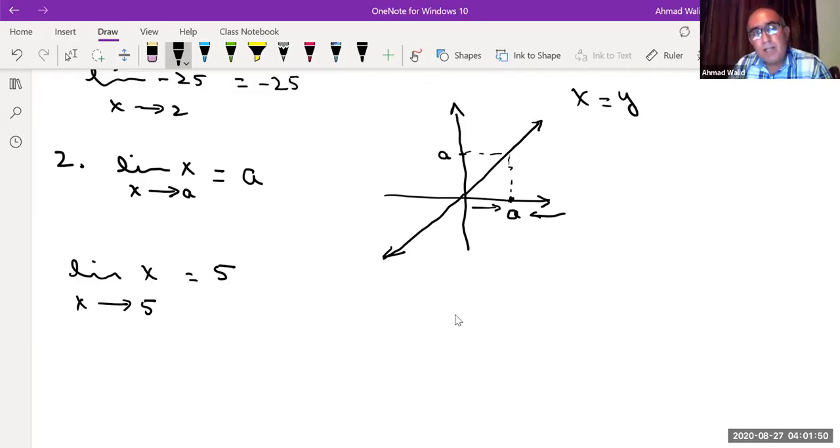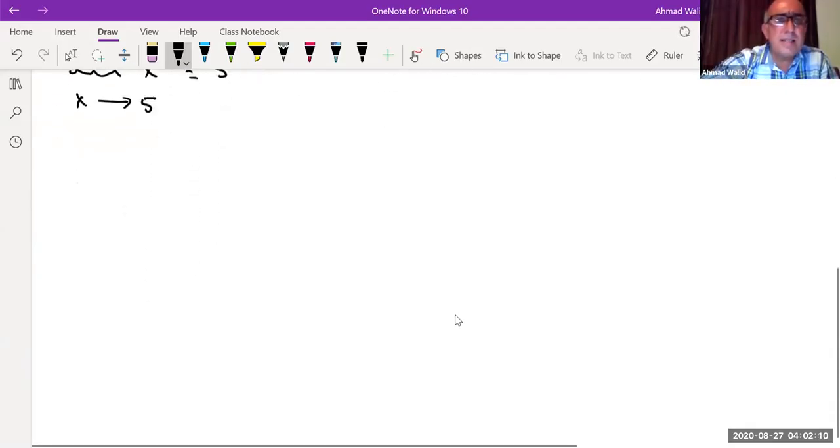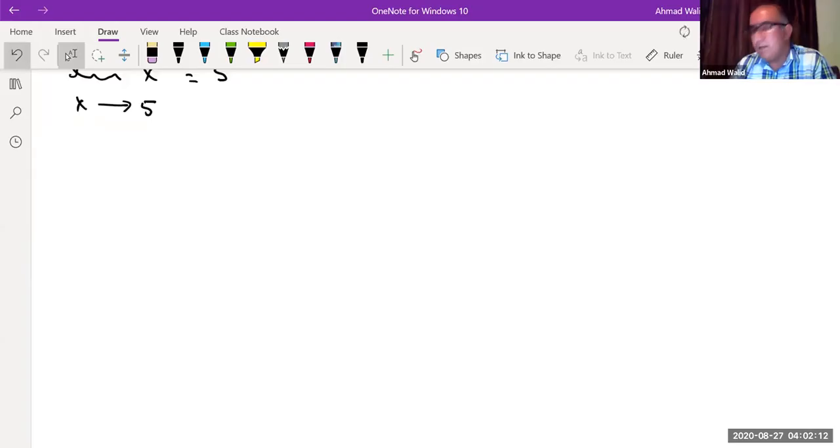We actually use this rule a lot when we simplify big functions, correct? Soon you will see an example where I will use this rule. I'll plug in just my limit and I'll get my answer. These are the basic rules of limits. Now, based on this, I'll give you rule number 3,